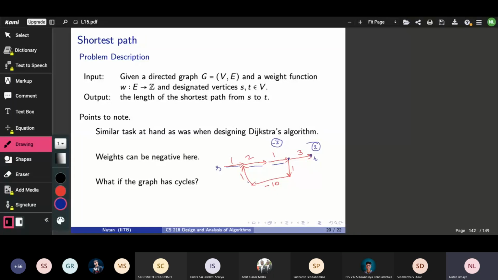So having negative weights and having cycles in the graph seems like two opposing conditions if I'm trying to look for a shortest way to get from point A to point B. And so the problem cannot make sense in the sense that if you find a negative cycle in this graph, this cycle is called a negative cycle because if you add all the weights along this cycle, then the overall cost is less than 0.